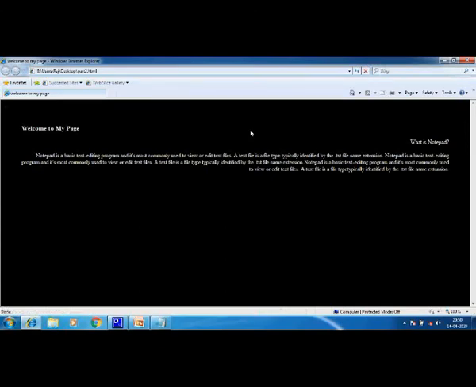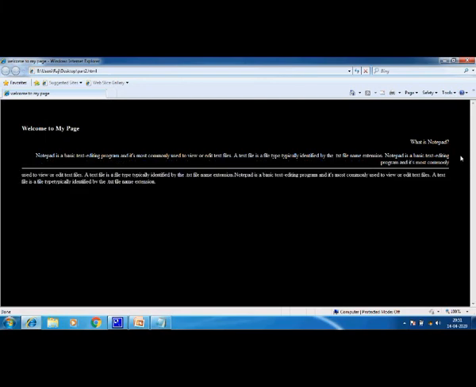So children, we can simply say that we can design the page in a very beautiful manner by using the tags and their attributes. By this lesson, you can understand what the tags are and how the attributes behave with certain tags, and with the help of the attributes and the tags, how we can design the page very beautifully. So this much is there for the particular lesson, children. Take care and stay well.